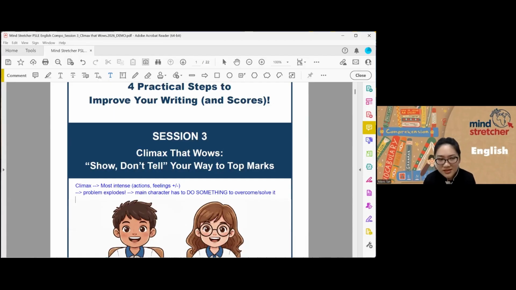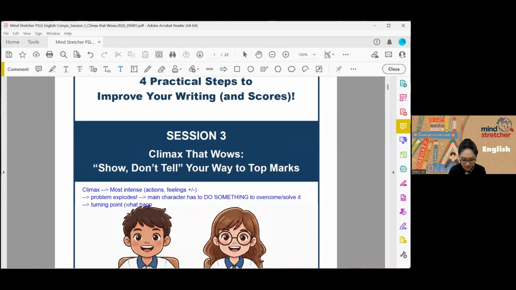Another thing I want you to note is that when you look at the story mountain, the climax is at the tippy top, right? The peak. What comes right after the peak? It starts going downwards. Now, the peak is also what we often call the turning point in the story. That means what happens after changes. Okay? So let's say your character is a very lazy person and something happened in the climax.